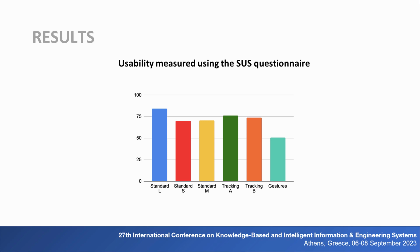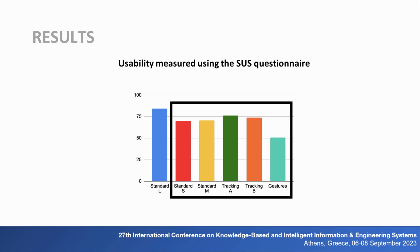When analyzing the participants' feedback, we noticed some recurring phrases. The standard method was described as simple, easy, and intuitive. Its L and S variants were additionally described as fast. All of these methods, however, encountered difficulties in activating the corresponding boxes on the board using games. In the control modes with smaller boards, all dwell time-based methods except standard L, participants found it challenging to select